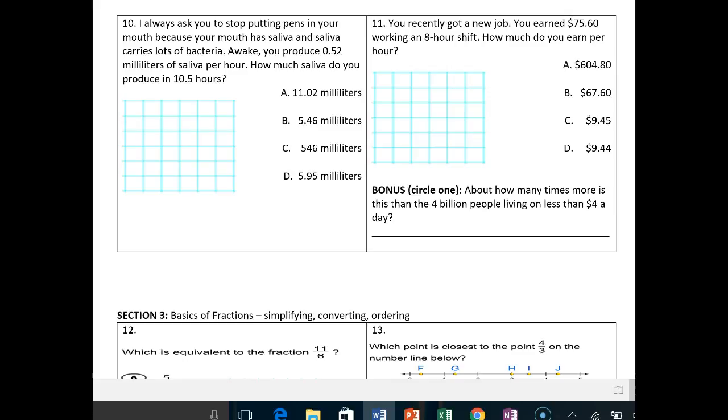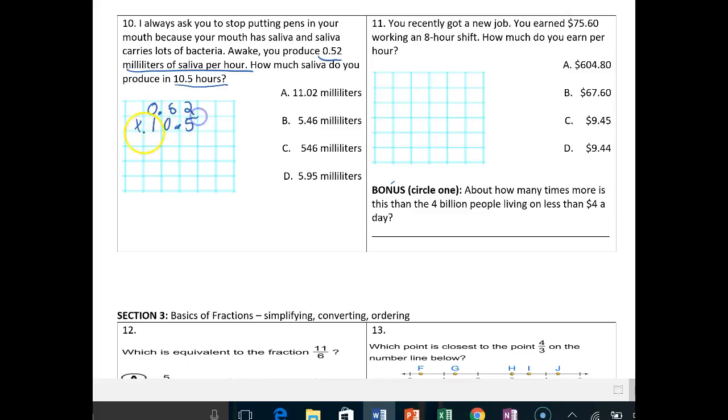Awake, you produce 0.52 millimeters of saliva per hour. So 0.52 millimeters per hour. How much saliva do you produce in 10.5 hours? This is not as simple as just adding 10.5, right? 1 hour I get 0.52. 2 hours, well, that would be 0.52 times 2. 3 hours would be 0.52 times 3. How much does it produce in 10.5 hours? Well, it's just 0.52 times